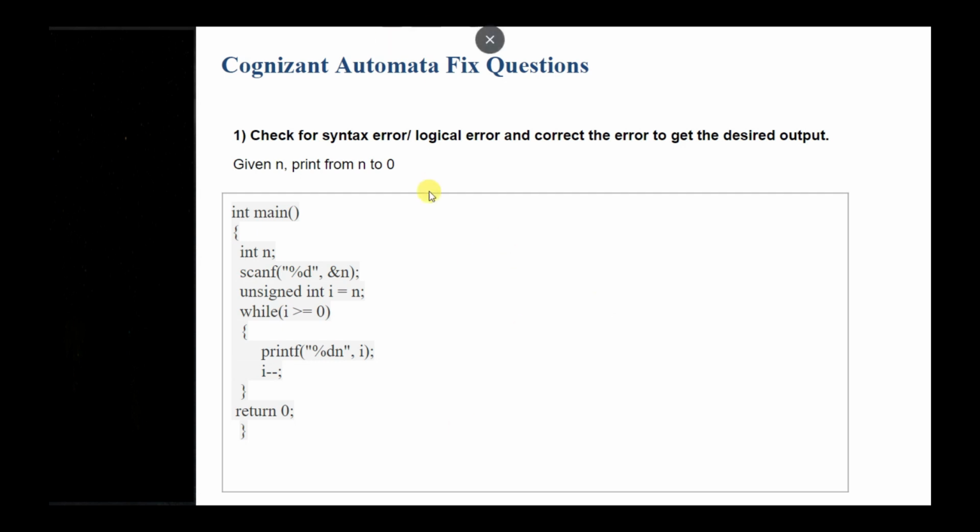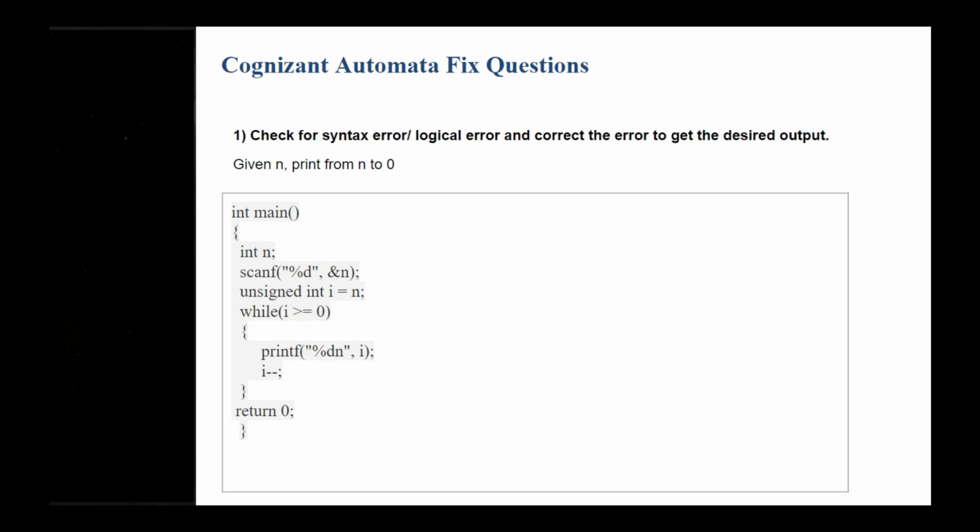The one thing you will notice here is that it says unsigned int. So we need to understand what exactly an unsigned int is, and only then will we be able to understand what is wrong in this code. Here we have used the while loop, and ultimately this loop is going infinite. That means this condition is getting true every time, which is why this loop is getting executed continuously.